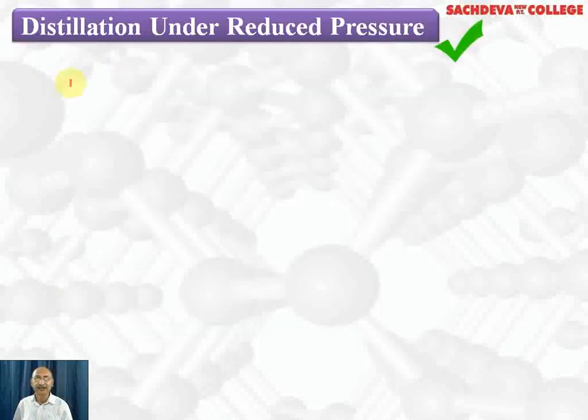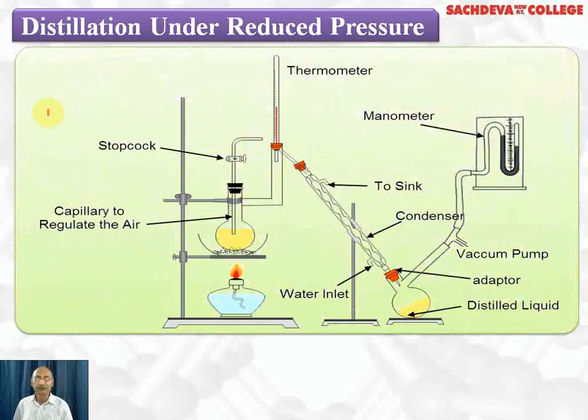Next, we are taking distillation under reduced pressure. This distillation is used if the compound to be separated can decompose at its normal boiling point. For example, glycerol, hydrogen peroxide, and even the manufacture of sugar from sugarcane juice is done by distillation under reduced pressure. Even seawater can be purified to make it fit for drinking with the help of distillation under reduced pressure, so that we can save a lot of fuel by boiling the seawater at a lower temperature by reducing the external pressure.